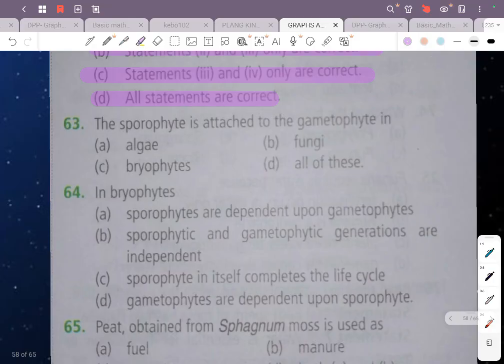The next question that we have is the sporophyte is attached to the gametophyte in A, algae, B, fungi, C, bryophytes, or D, all of these. What do you think? The sporophytic plant body, the sporophyte, is actually attached to the gametophyte in what? In algae, in fungus,